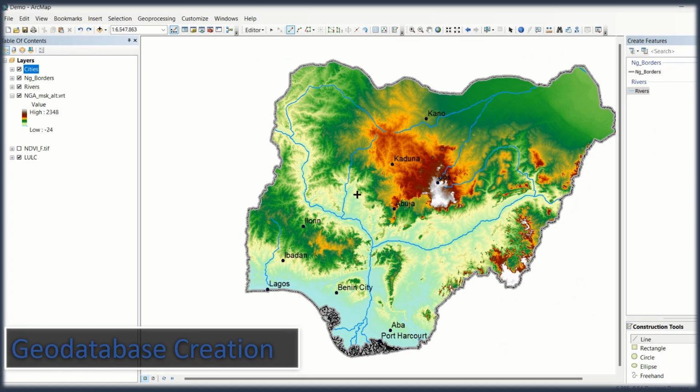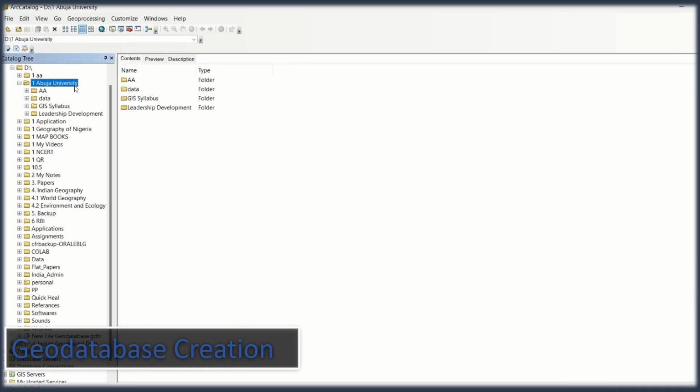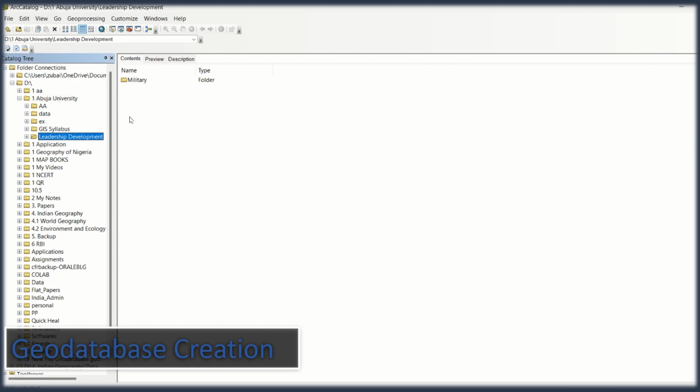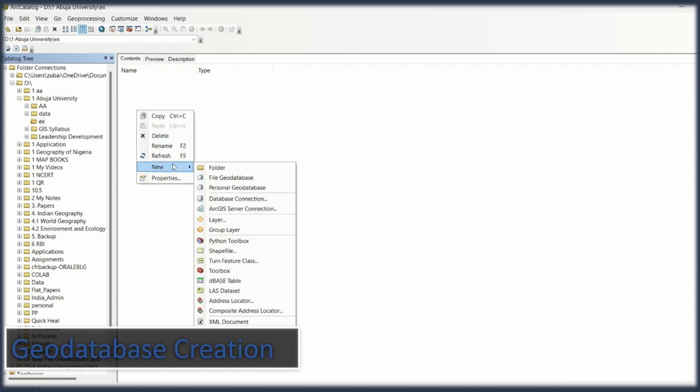Now let's talk about geodatabase creation, and this is ArcMap. For geodatabase creation, as we have already discussed, we need the ArcCatalog. So I will open the ArcCatalog and choose any folder, and within that folder you can make your own folder by any name. Like here, this is the exercise, and in the exercise part, this is the new folder I have. If I click this one, then you are within this folder. Here you will right click, click New, and you will find two types of geodatabase,